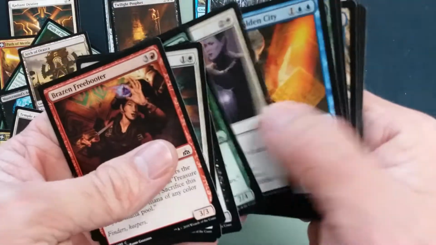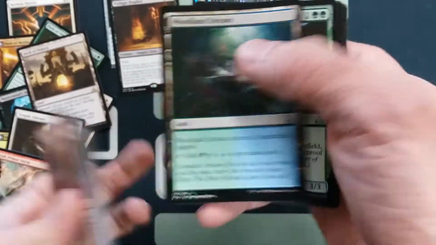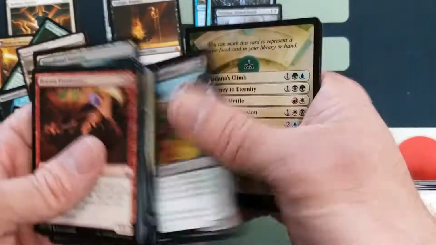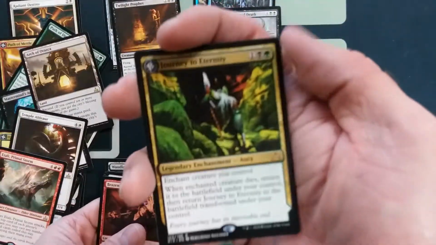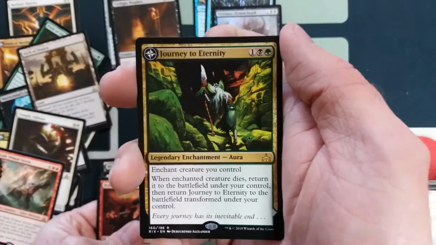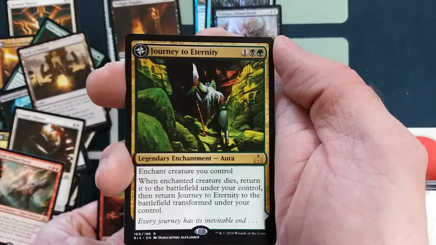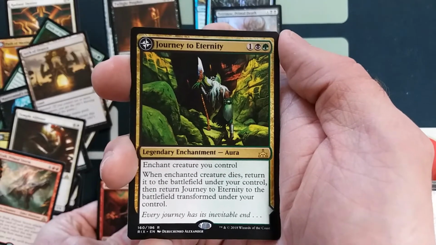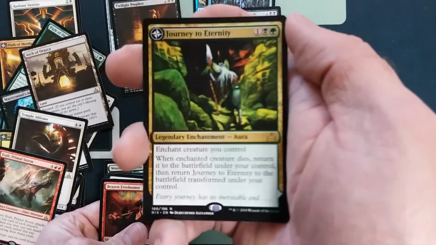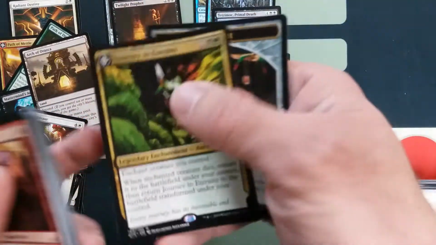All right, next up, we got another one of these generic duels. Got a Swift Warden, another Forerunner, another That Thing in My Way with Journey to Eternity. So this is a black-green colorless enchantment. It's an aura. When the enchanted creature dies, you return it to the battlefield under your control, and then you return this transformed. Okay, so that's already cool because you put it on an opponent's creature and you get that